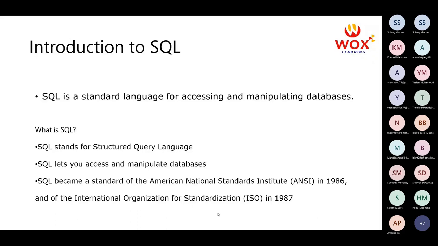If you are working on some version, let's say we are working on Microsoft SQL Server, and you work on Oracle SQL, very minor differences will be observed in your commands. Moving ahead,